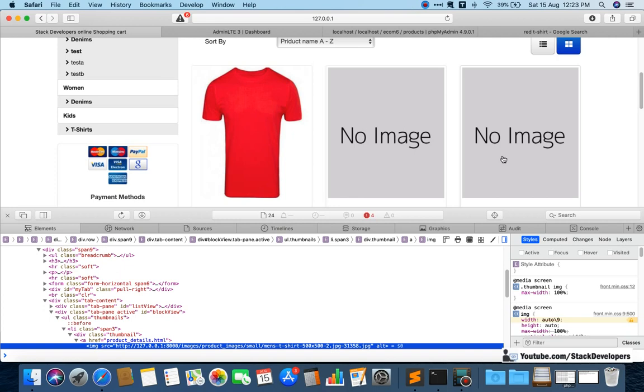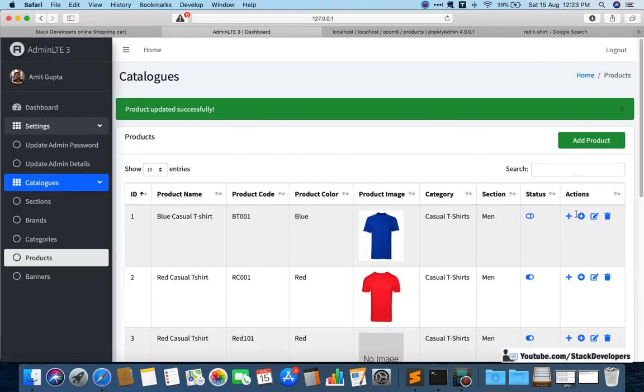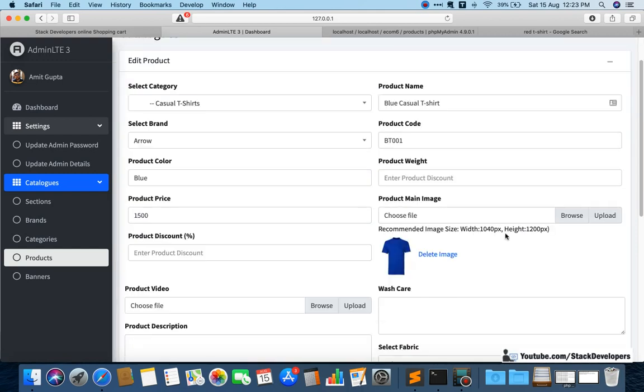Width and height are our main concern. You can define this while adding and updating. Here we have already specified that the image size must be 1040 into 1200. So you must get such image sizes from your designer and upload only such images.